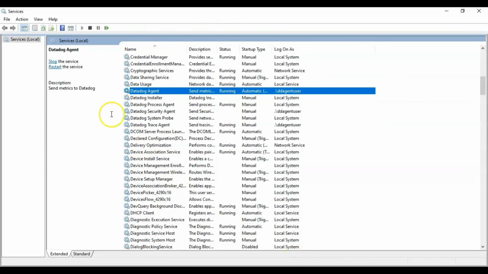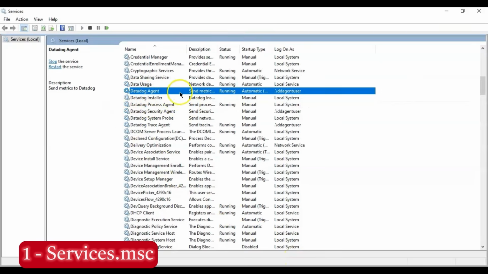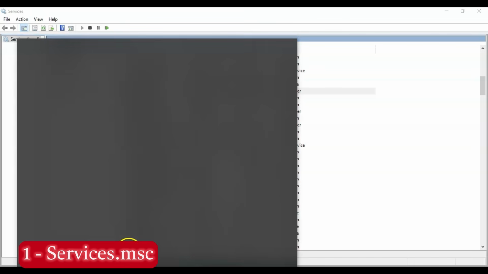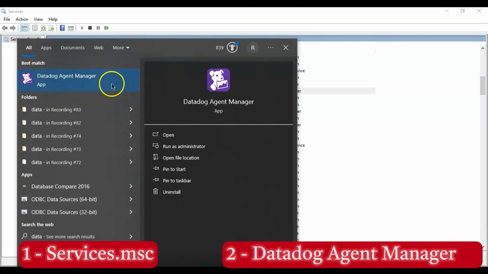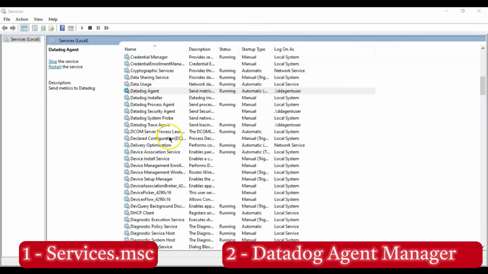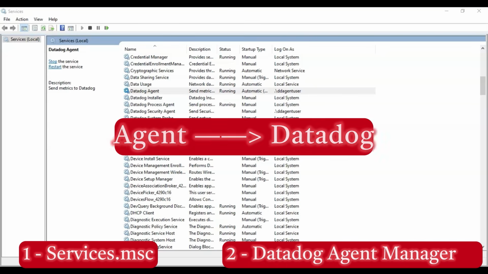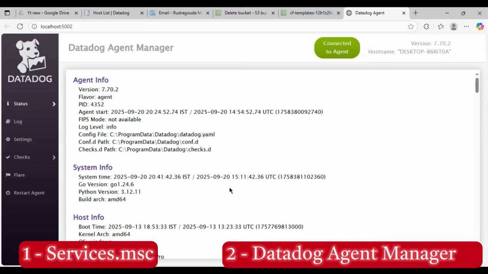One, as I said, inside the service.msc, this Datadog Agent service should be always running. And another one is where your machine is installed, there go to the search option and type Datadog Agent Manager. Then click on open. So you're able to see the data over there. So that means you are able to get the data from the Datadog Agent to our Datadog main server or